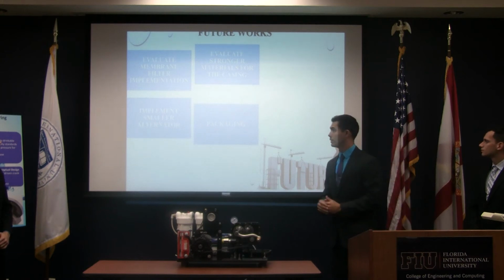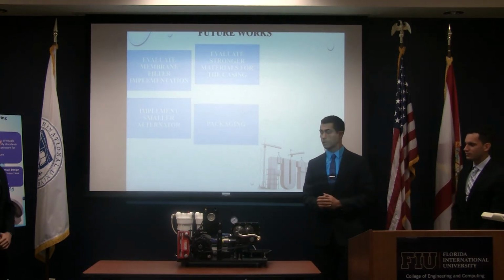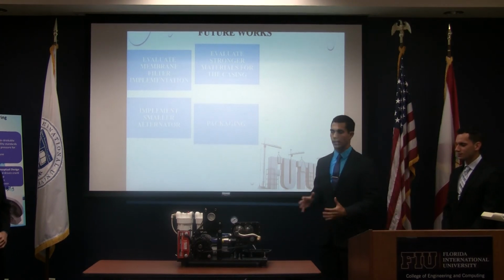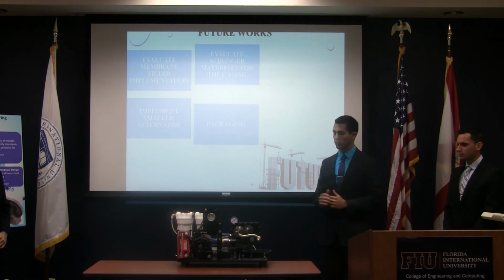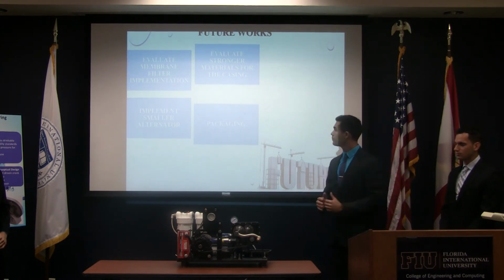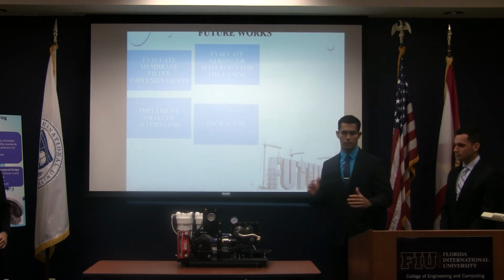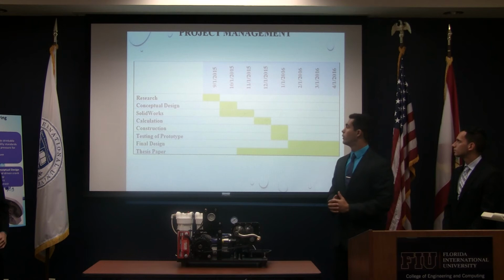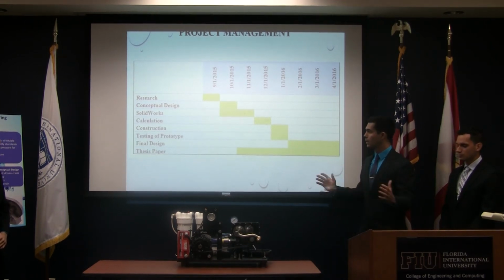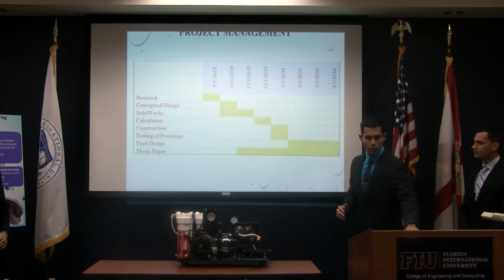For future work, as I mentioned before, we want to implement different materials for the casing. We also want to implement a smaller alternator and battery pack to keep our system as light as possible, to be semi-portable. And we want to design a packaging system to be shipped out around the world. This is how we designed the time management for the whole project, for the whole year that we have with